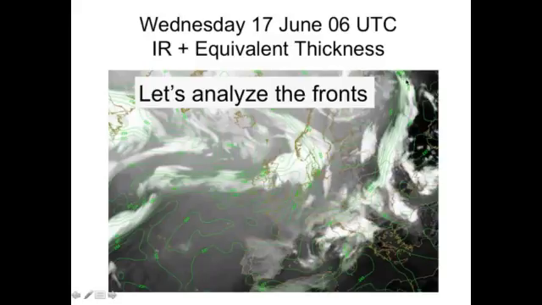We can see another feature here over the eastern part of Europe, western part of Russia. There is another front. You remember in the beginning there was some precipitation area connected to this front. And then over the Mediterranean, it is always very difficult to analyze the front, because there must also be the impact of the warm surface, and then there is orography and all kinds of things. So it's very difficult to see if there is a frontal structure there. But it seems to me like a kind of cold front and maybe a kind of occlusion,